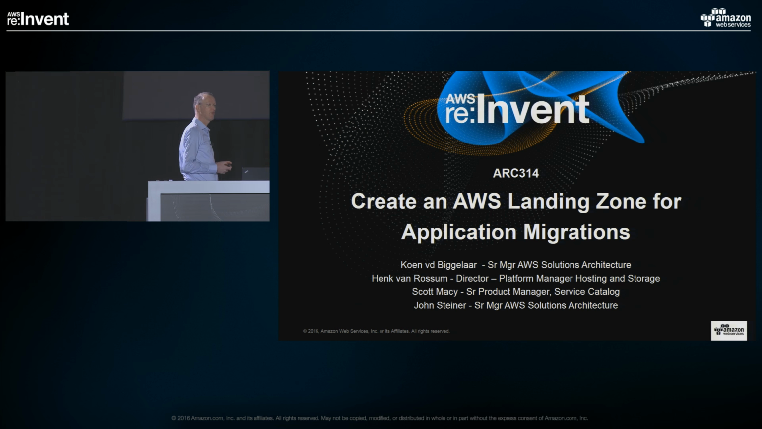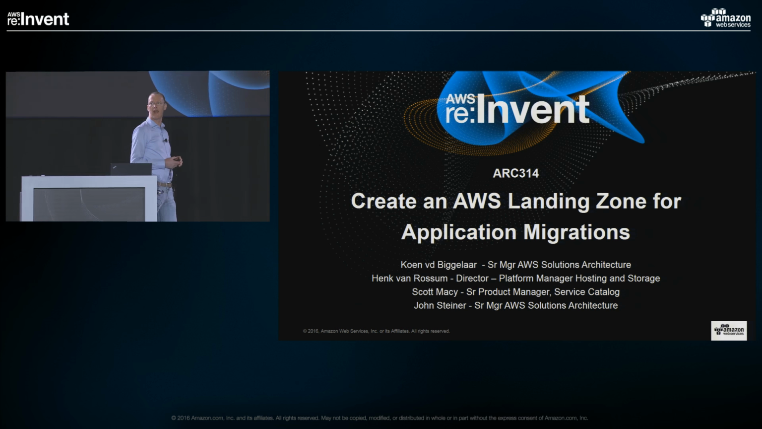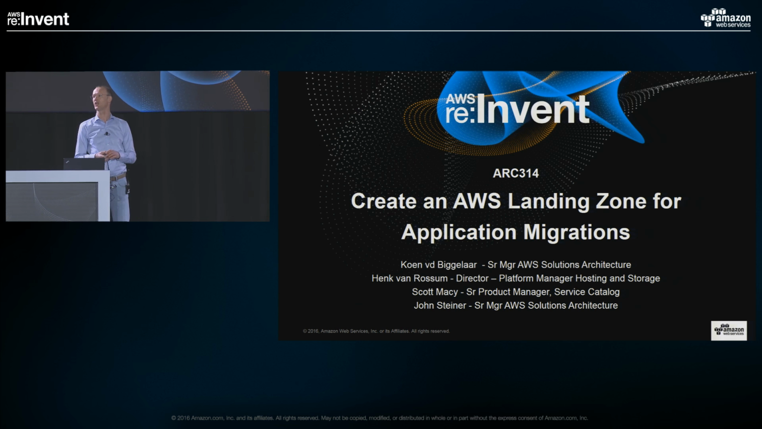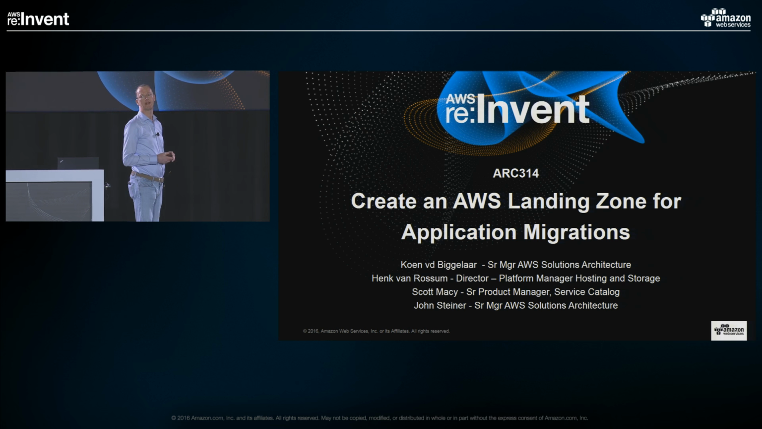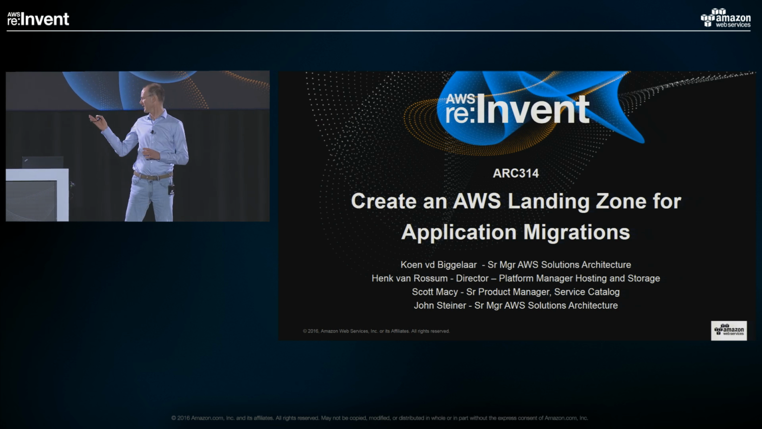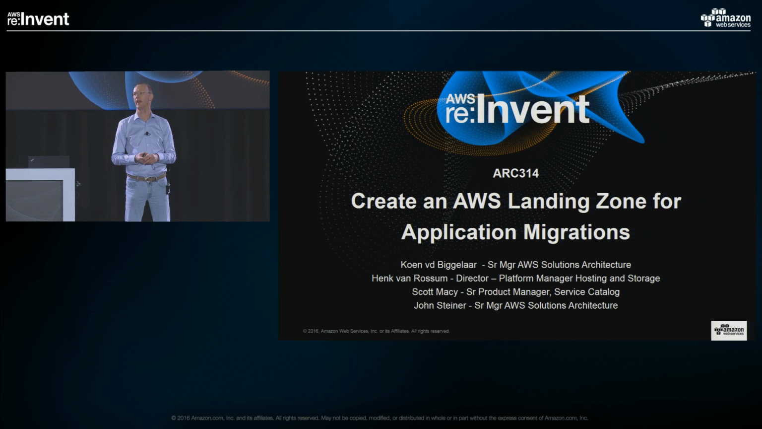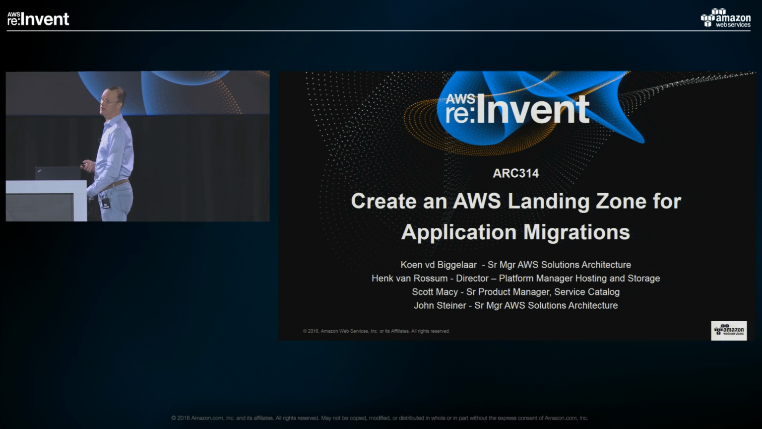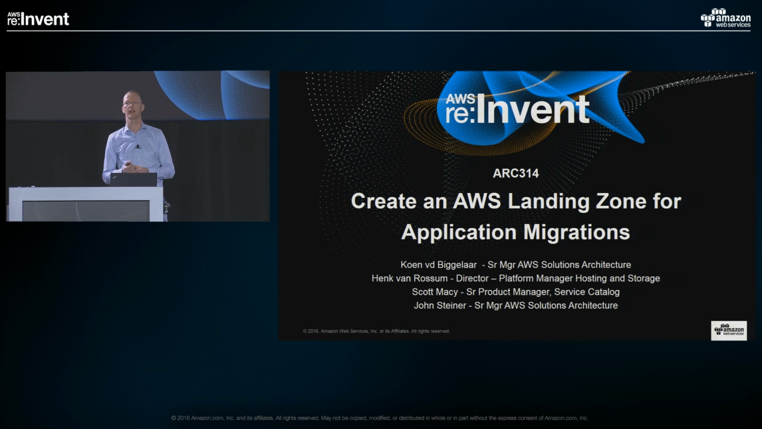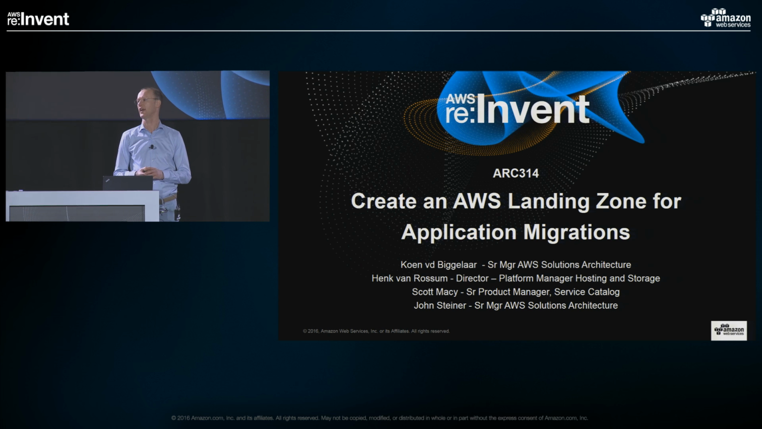First one being Henk van Rossum from Philips. Henk is manager platform and hosting, and he's going to provide insight on how Philips is addressing their application migration journey and how they've been building their landing zone. Secondly, we've got Scott Macy. Scott Macy is the AWS representative for Service Catalog. And then we've got John Steiner, and John Steiner is my direct colleague, and together we